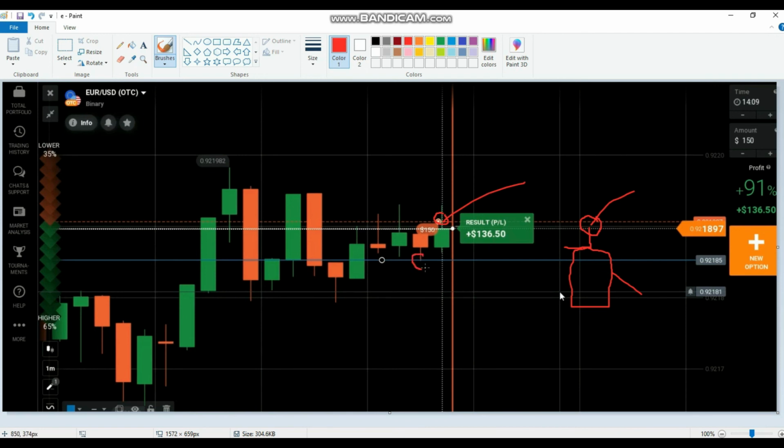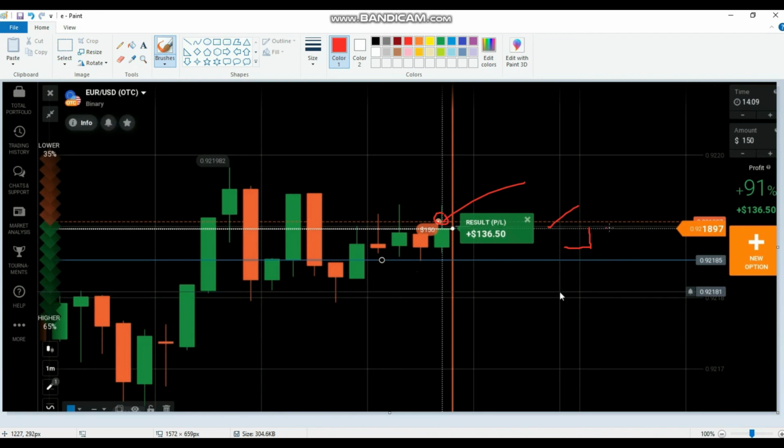I considered this, but for the buyers there is also a probability, because now the market closed at the buyers' area. So we can place a call option also, but must keep a margin of safety. But in that case, if the market directly reverses like this, we may lose, right? If you place a trade here and it directly reverses, that would be a loss. That's why I placed a put option above this round number.